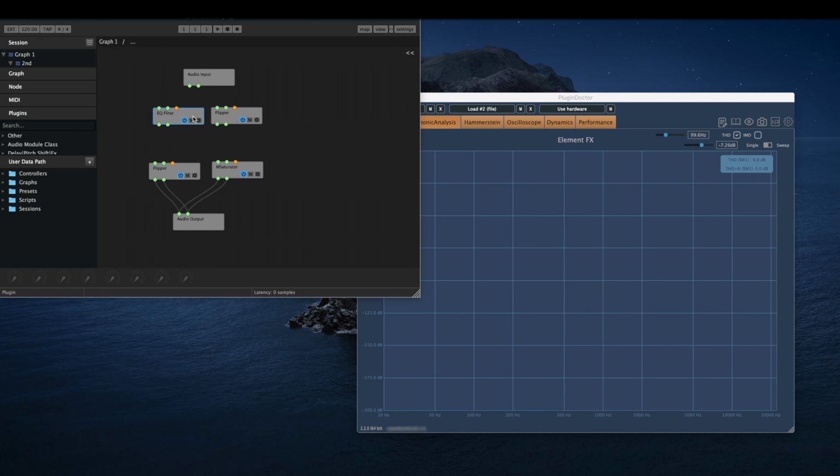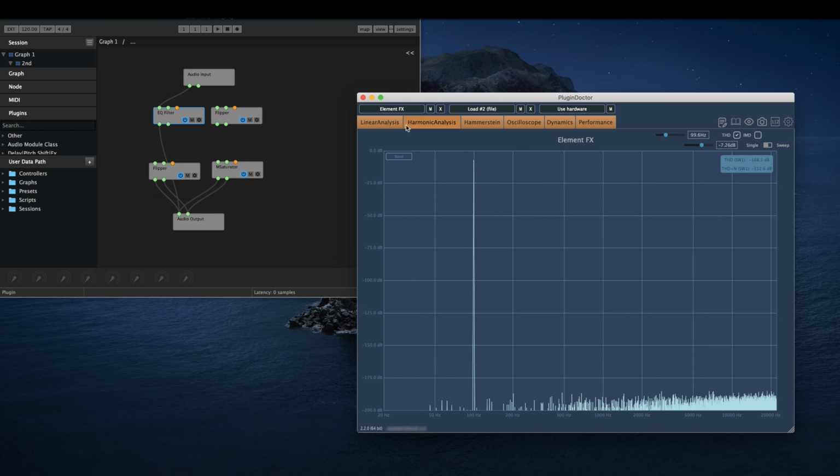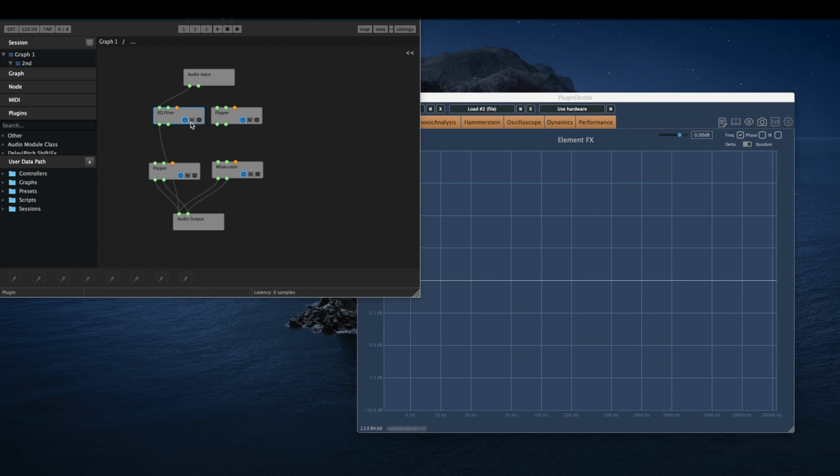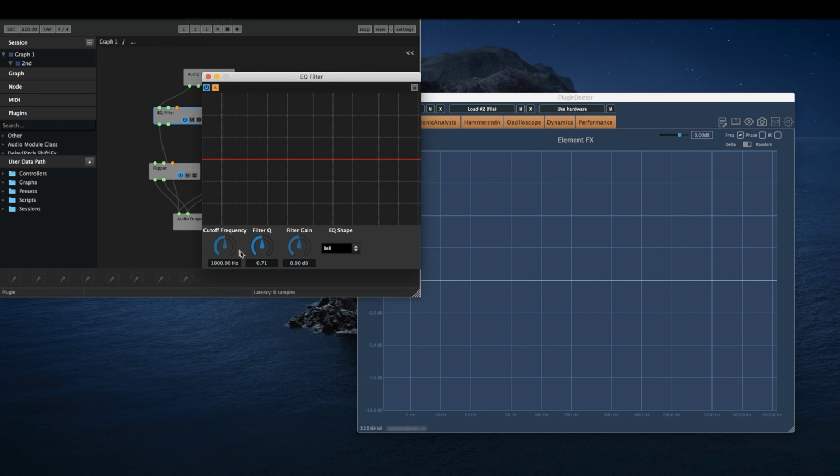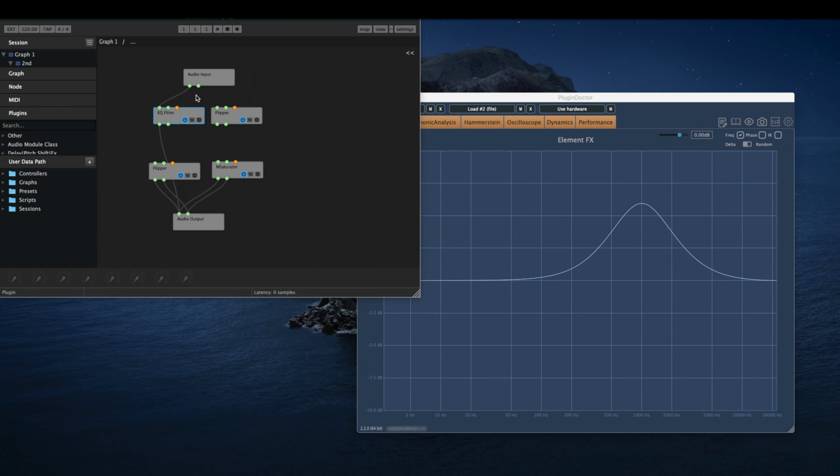So the idea here is that if you have an EQ filter, and let's make a bell peak, whatever. If I now introduce polarity inversion, then